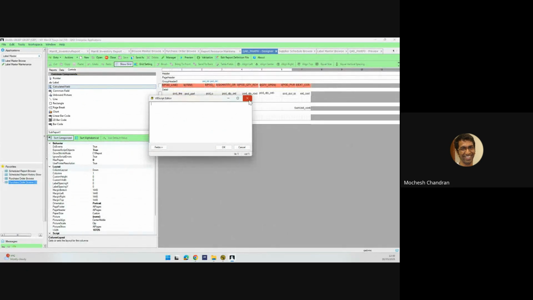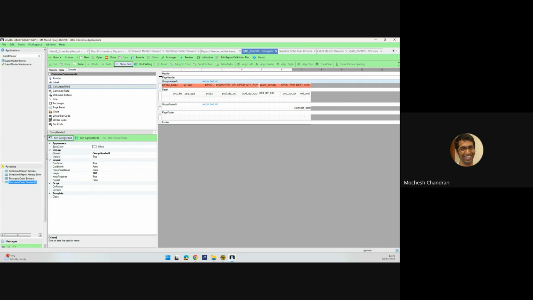The only thing which you need to be aware of is each pane here has 2 scripts, on print and on format. Most of the time we use on print to add any calculation or dynamically hide certain fields or display certain fields. We use on print. Well, you have 4 or 5 scripts: on close, on